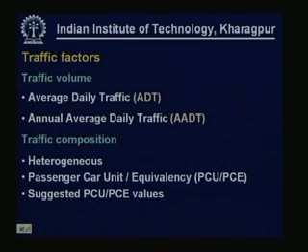What is the difference? The basic difference is the seasonal variation of traffic, especially for non-urban scenario. The volume varies from one season to another season. For example, monsoons or the rainy season, during winter, during summer, the traffic volume is not the same. It varies due to various reasons, because